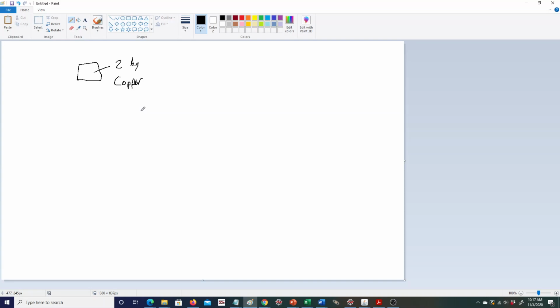Right? And let's say this copper is initially, I'll call this object 1, by the way. The initial temperature of the copper is 100 degrees Celsius. And I'm going to stick this in a bucket of 1 kilogram of water